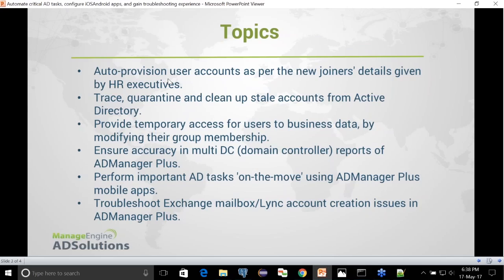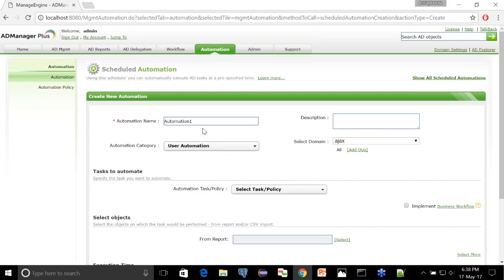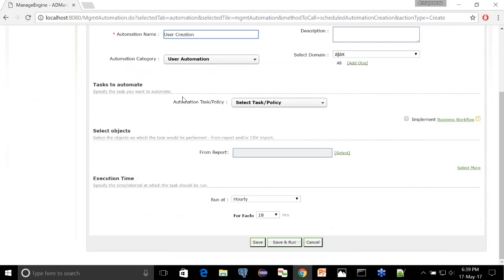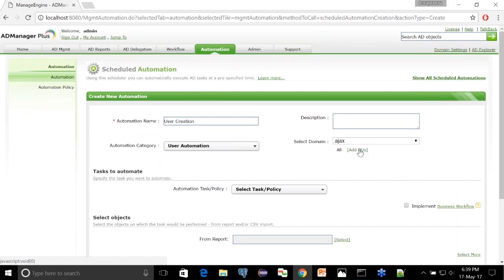admp.cloudapp.net. So this is going to be the URL for the test lab that we have set up and hosted online. So if you do not have an AD Manager Plus instance running at your machine, you can kindly make use of this particular AD Manager Plus application. The username for logging into the application is admin, and the password is workshop with W in uppercase. So kindly make sure that you log in using the AD Manager Plus authentication domain. This is going to be a local authentication, not the domain authentication. So kindly log in using AD Manager Plus authentication.